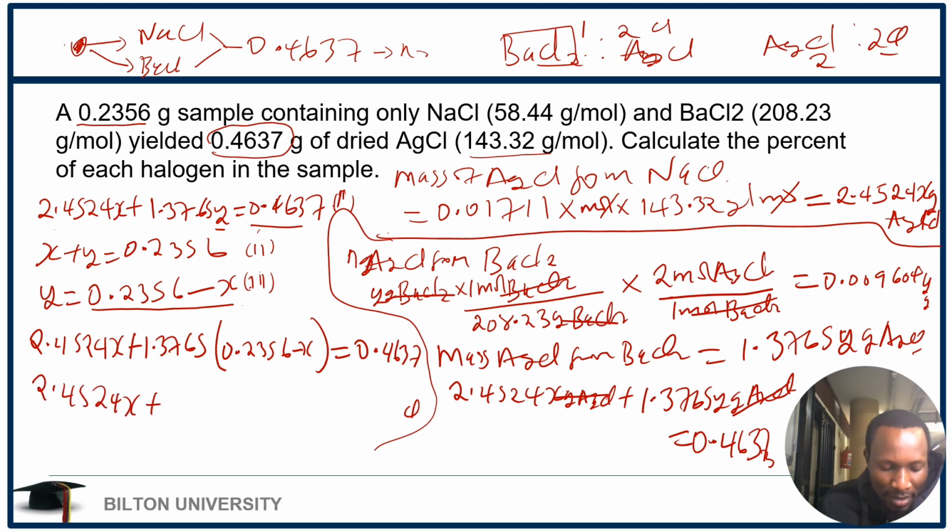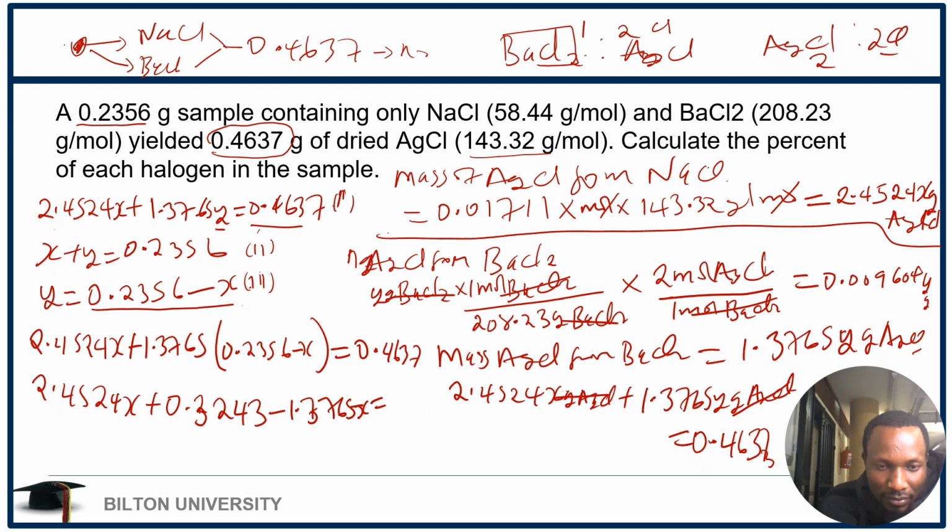2.4524x plus, so we're going to multiply whatever is in the bracket times 1.3765, we're going to multiply 1.3765 times 0.2356, and that's going to give us plus 0.3243 minus 1.3765x is equal to 0.4637, and we can rearrange this by saying